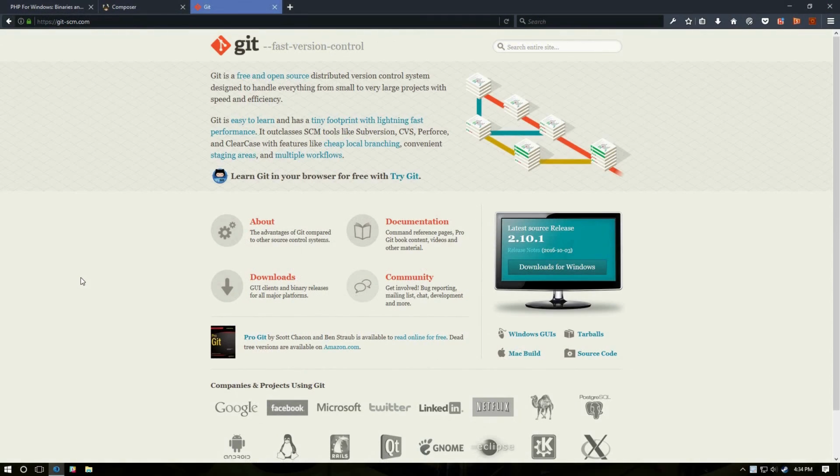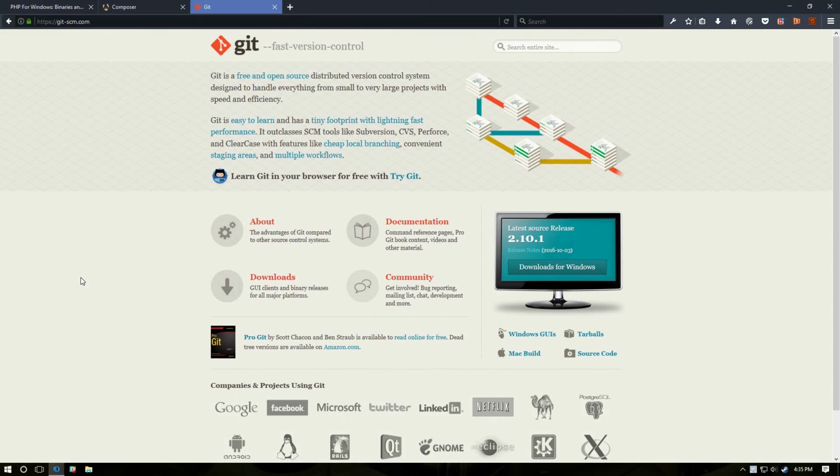The final element we're going to install is called Git. Git is what's known as a version control system. Version control systems basically allow you to create snapshots of your code. That way you know at any point in time what was changed. They're used quite commonly in development workflows, especially for PHP applications, and especially for applications where more than one person is working on it. Git is by far and away one of the most popular version managers out there, and